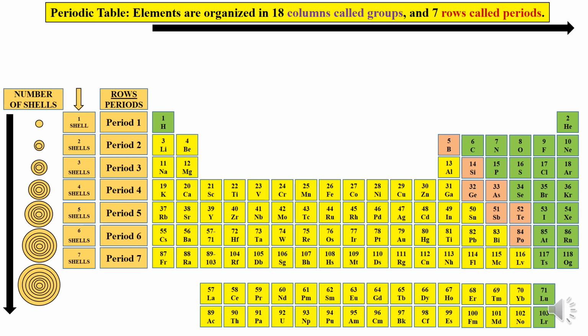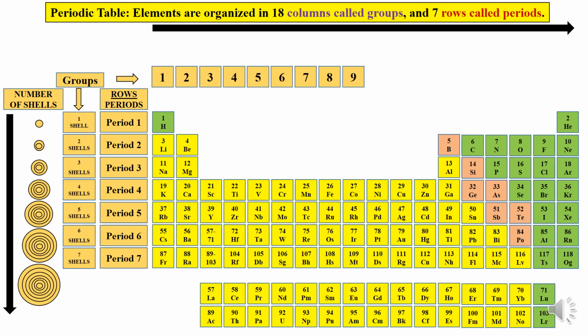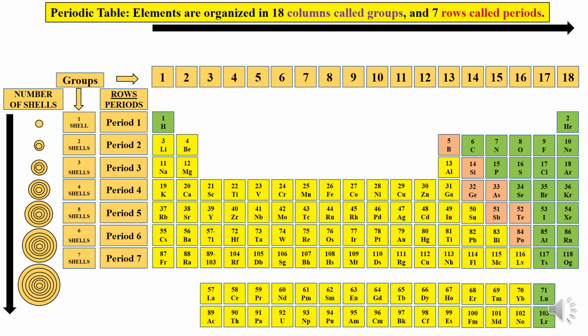Now in the periodic table, as you move across a period from left to right side, you find the groups numbered. As per the IUPAC system of numbering, the groups are numbered from 1 to 18. So each group is assigned a number. But we prefer the traditional numbering system using Roman numerals. So I'm numbering only the important 8 groups,